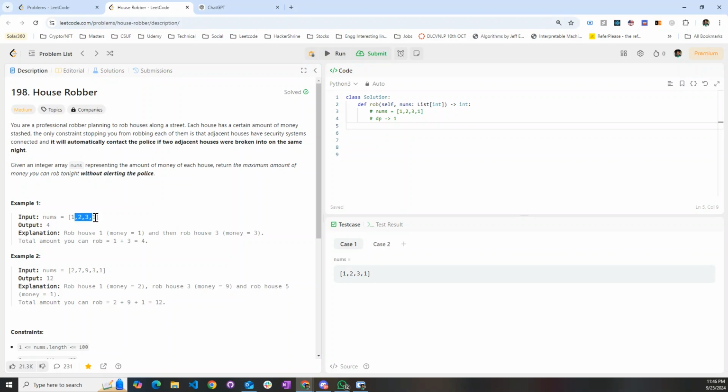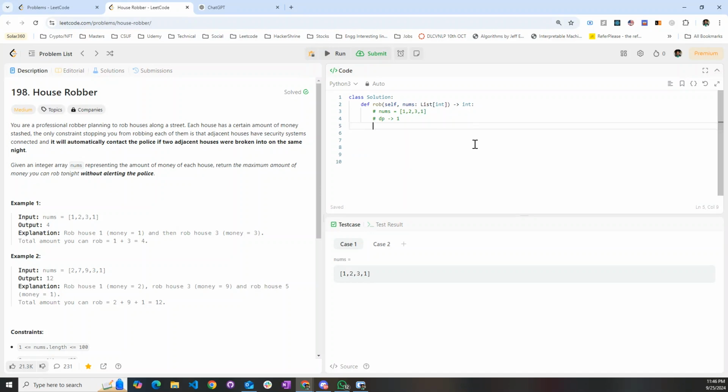But we need to make sure that no adjacent houses are robbed. So you can't rob one and two, right? Because that is going to alert the police. So two adjacent houses can't be broken into the same night without alerting the police. Return the maximum amount of money you can rob in one night. So to go about this,